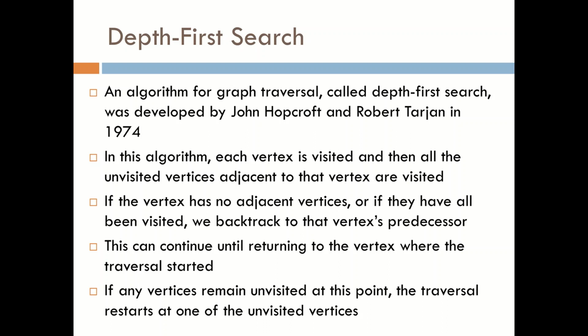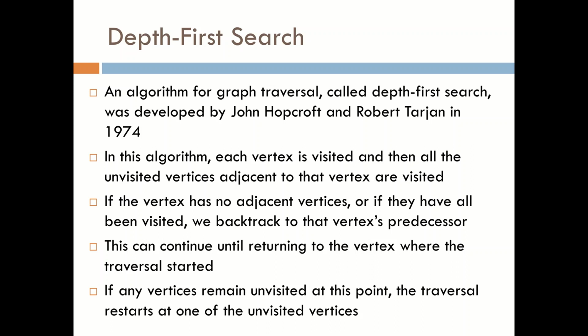Depth first search is one of our graph traversal methods. Depth first search was devised by John Hopcroft and Robert Tarjan back in the 1970s. In this particular algorithm, each vertex is visited, and then all the unvisited vertices adjacent to that vertex are visited. Okay, so if the vertex has no adjacent vertices, or if they've all been visited, then we backtrack to